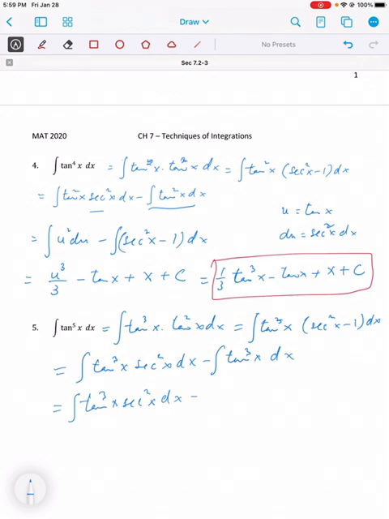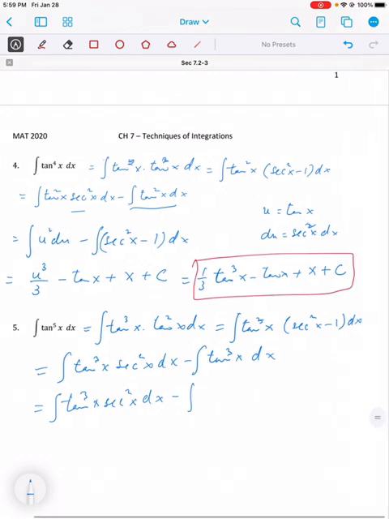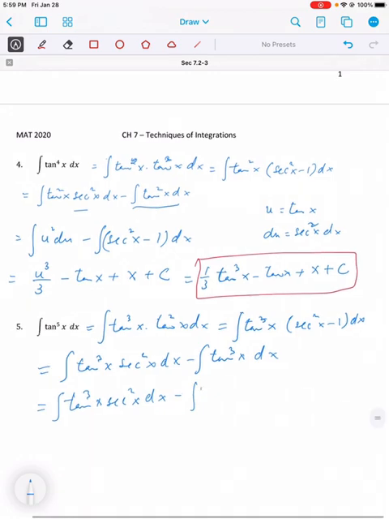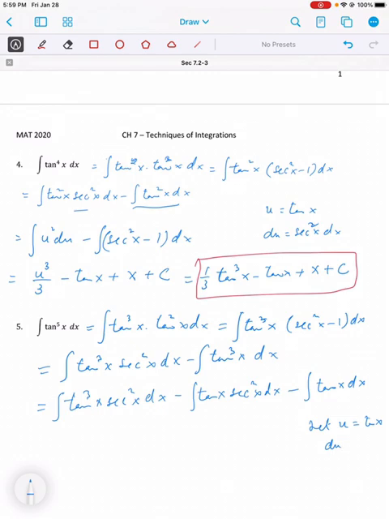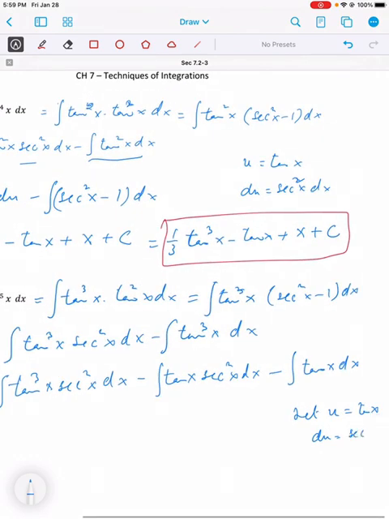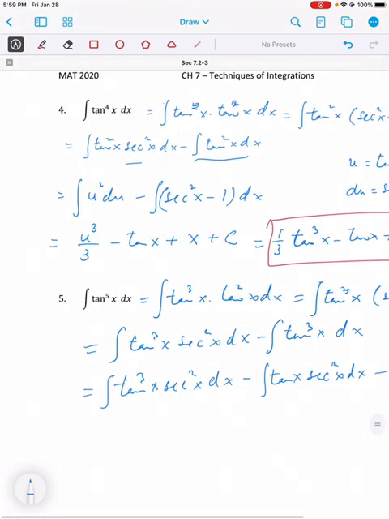minus, and this will become, well, note here, we will have tangent x and then we will have secant square x minus 1. So this will become the integral of tangent x times secant square x dx minus the integral of tangent x dx. Now we can integrate. Actually, we can now do a u substitution. Let u equal tangent x, then du is secant square x dx, and now we go back and substitute. So this gives me the integral of u cube du minus u du, and then minus